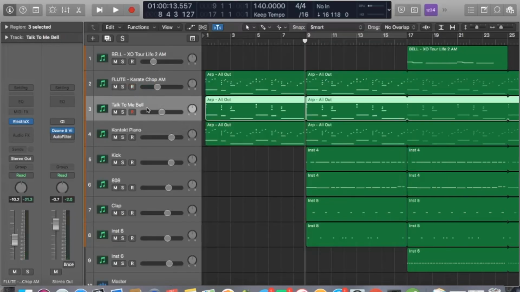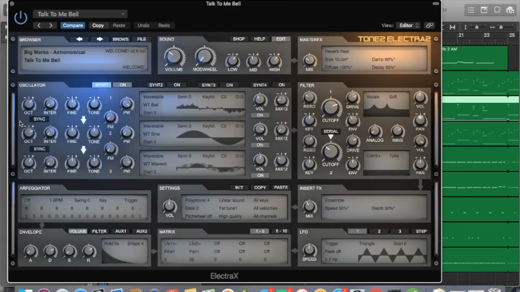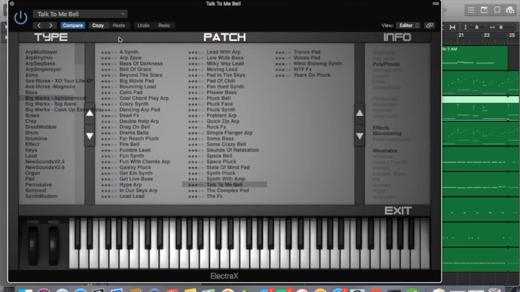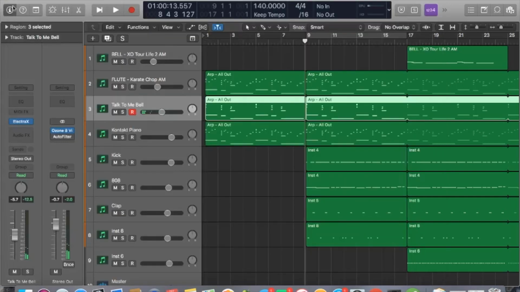Next, we got this Talk to Me build, which is another Electric X plugin. I really fuck with Electric X, man. I ain't gonna even lie to y'all. Electric X, Omnisphere 2, Contact, and them were my favorite VSTs of all time because there's so many libraries for them that you can use. There's endless possibilities, if you know what I'm saying. So same thing. So yeah, man, it's just a simple, basic